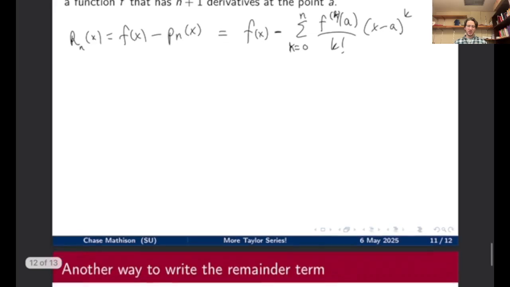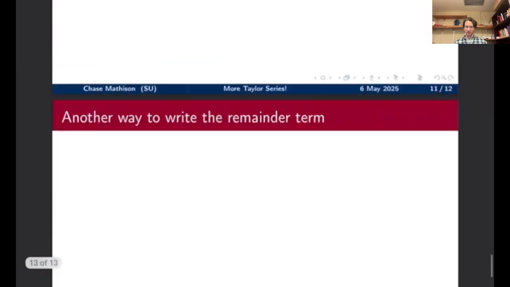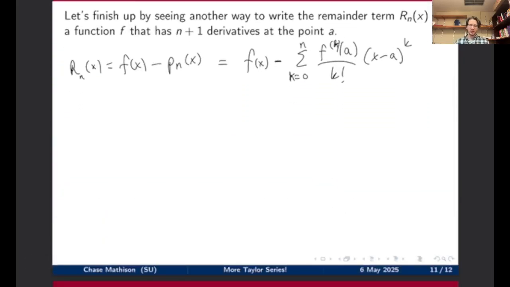I don't think I have it written down here. Yeah, so this is called Taylor's theorem,